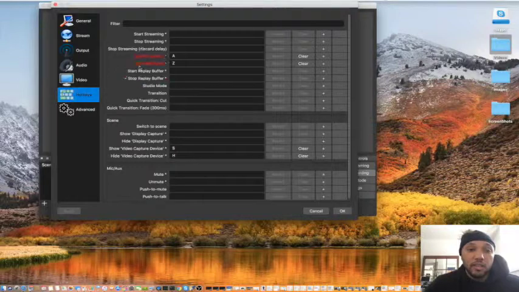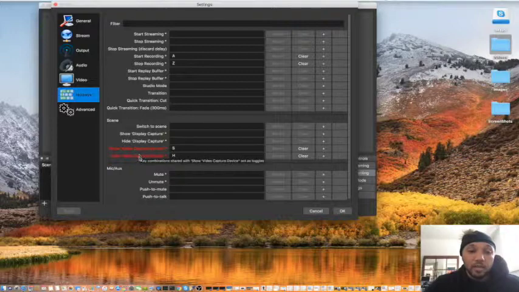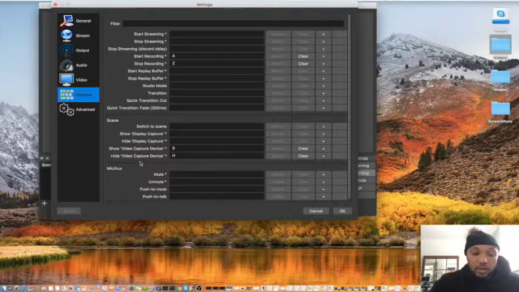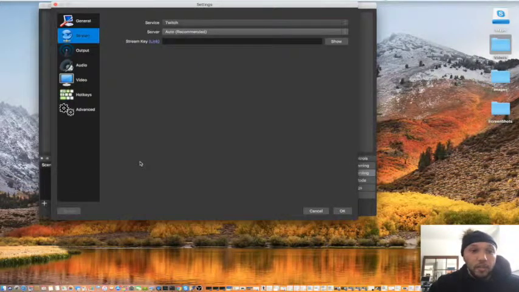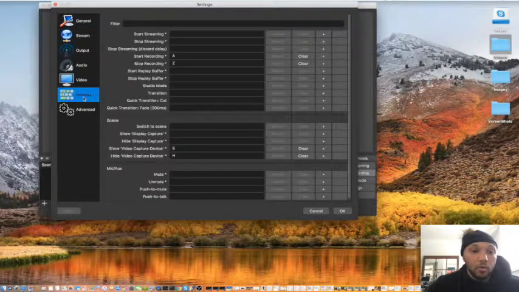As for your hotkeys, I just keep these simple. My basic hotkeys are: start recording, I hit A; stop recording, I hit Z; and then you can choose to get into whatever you're into. But me, I keep it basic. And as for showing my picture on the screen, if I want to hide my picture, I just have a hotkey of H. Boom. Now probably you can't see me right now, but if I hit S, then I'm back on. Or hold up,